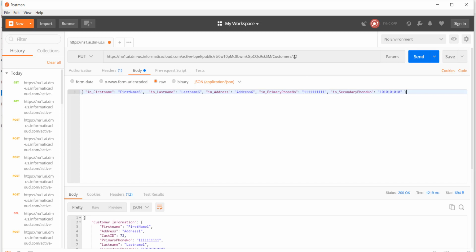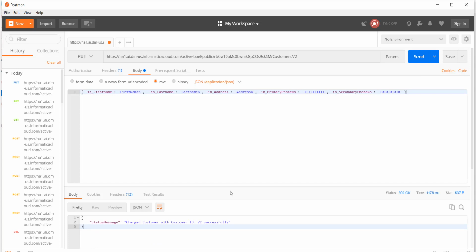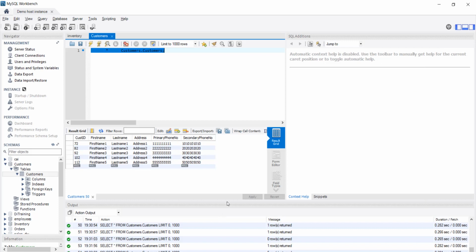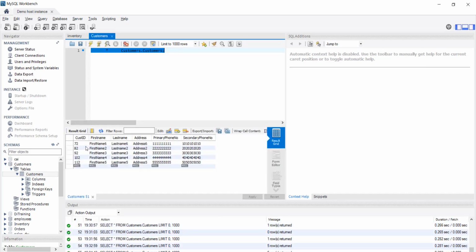But I also need to pass in the customer ID as a URL segment or a URL parameter to figure out which customer needs to change. Click on send, and you would notice that we have changed the customer successfully. The evidence of that is available on this MySQL database table, where you would notice that customer ID 72 now has different customer information.